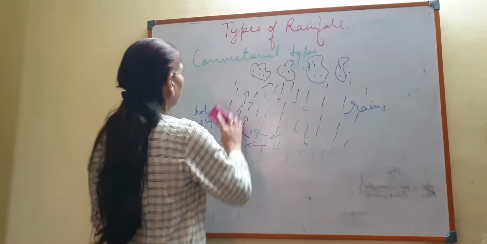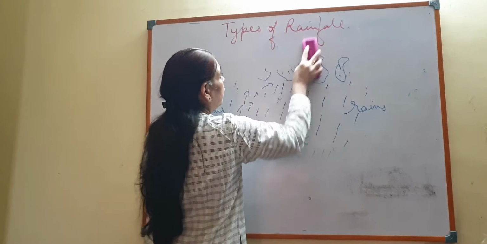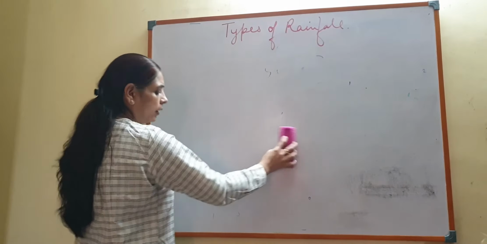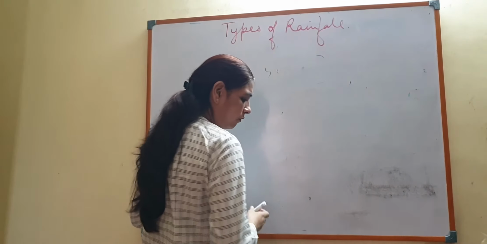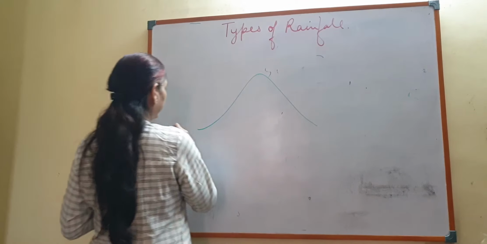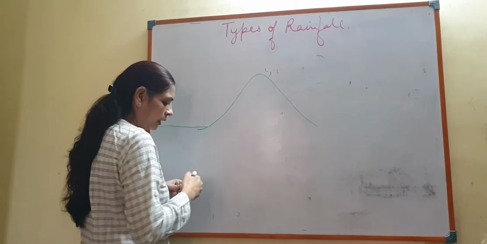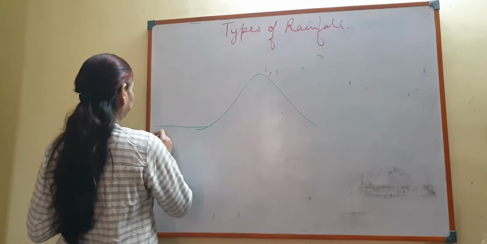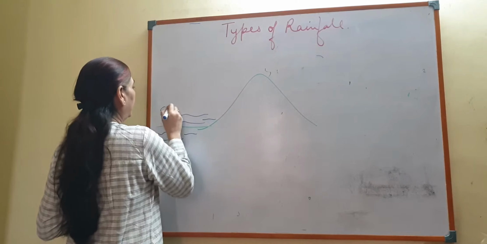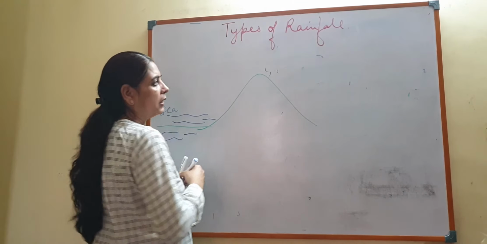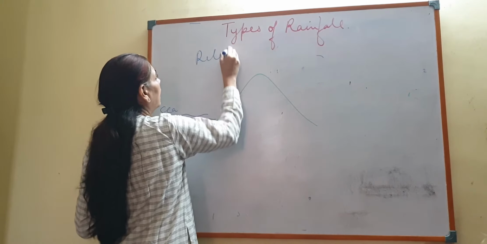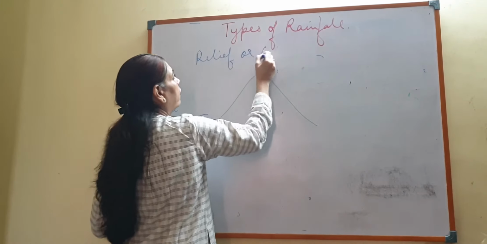Next we have the relief type of rainfall. Okay, the relief type of rainfall. In the relief type of rainfall, you have a mountain adjacent to a sea. Okay, so the sea is there. And the mountain is there. Okay, so this is the relief or orographic